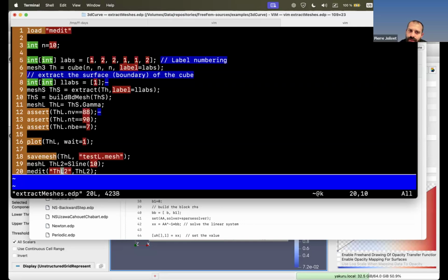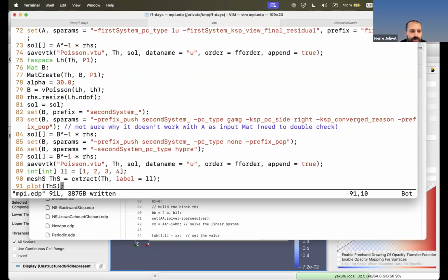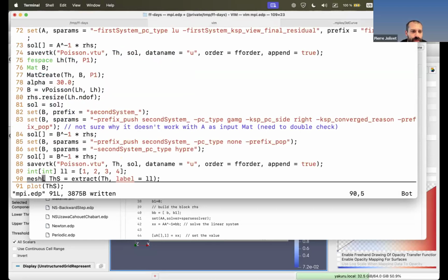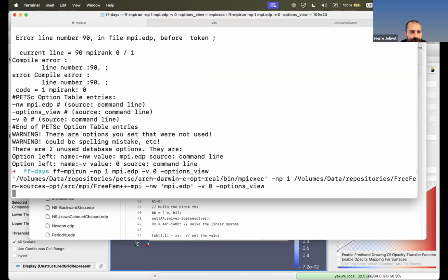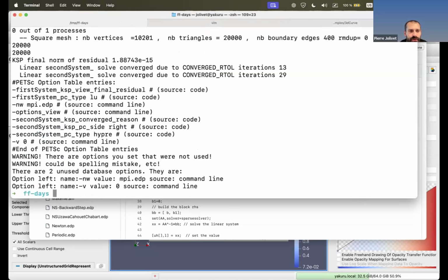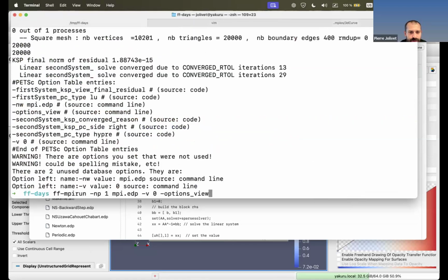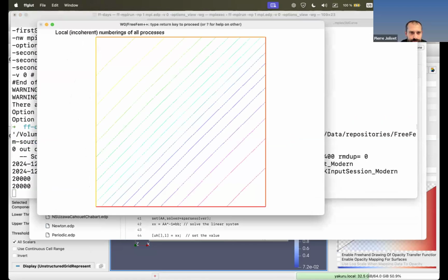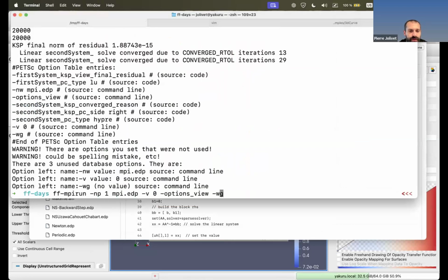Yeah, I'm not sure we can extract. I tried before. Okay. Sorry, we can in fact extract, but it's a mesh L. And so tac, what is? Okay. So if we run this in parallel,